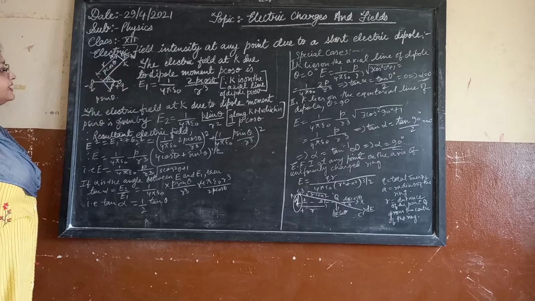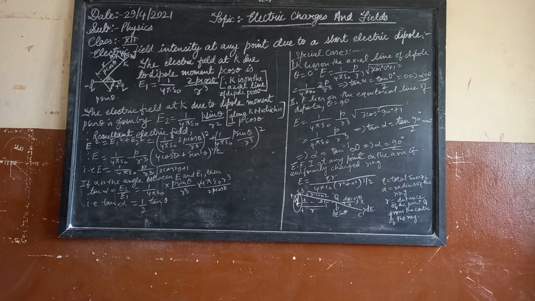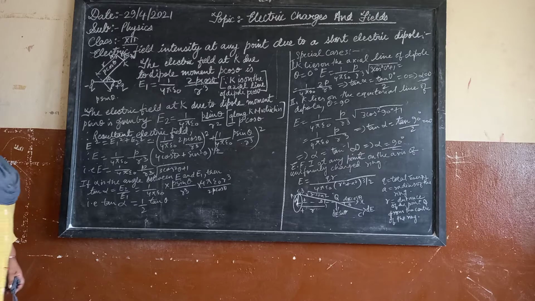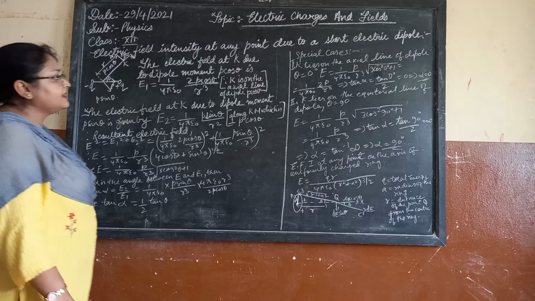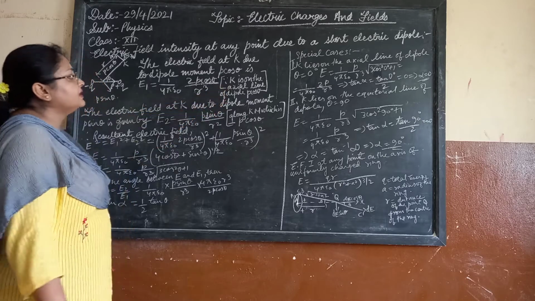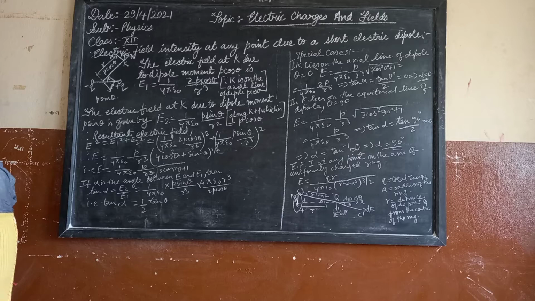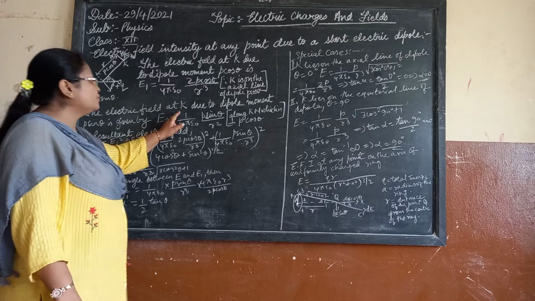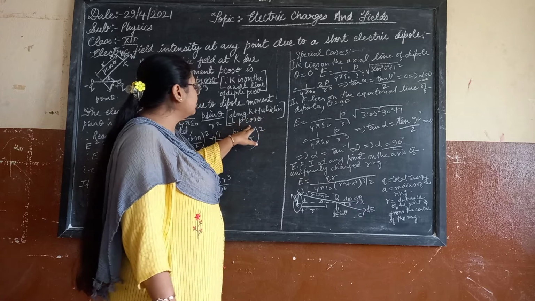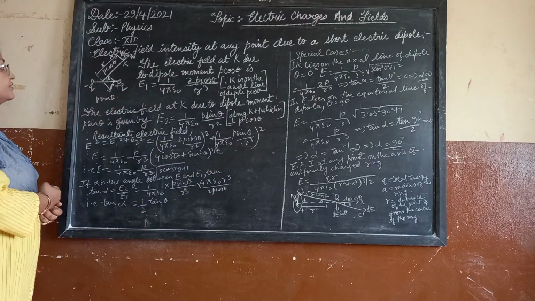At the point K, due to the electric dipole, we know it very well from Coulomb's law, the electric field intensity of the dipole is E1 equals 1/4 pi epsilon 0 into 2p cos theta upon r cube. We know it very well from the axial line of the dipole moment. If K is on the axial line, then the electric field at K due to the dipole moment p sin theta is given by E2 equals 1/4 pi epsilon 0 p sin theta upon r cube, along the direction perpendicular to p cos theta here. So we are taking two values here.